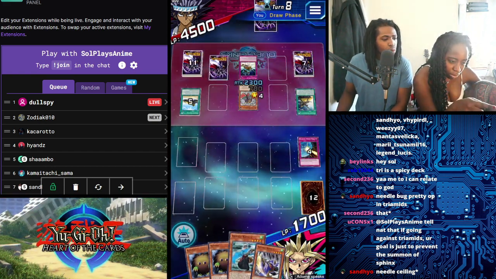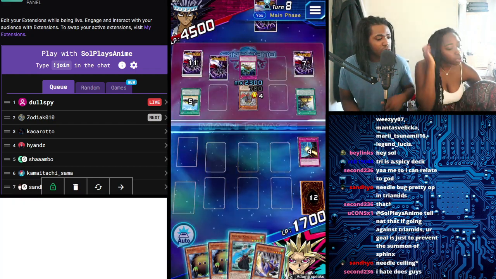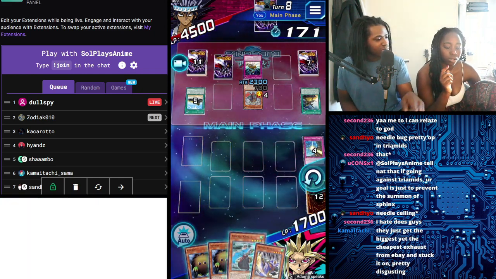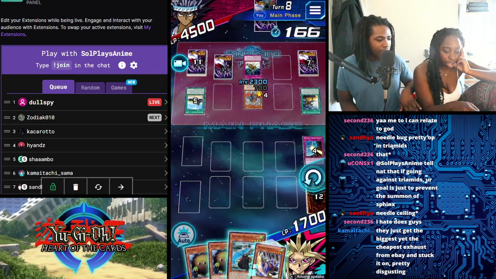So, how do you want to do this though? On your turn, all that they can do is send a field spell from the field to the graveyard, and add a field spell onto the field from their deck. Don't think about it too much. You don't need to learn every deck right now. What I'm thinking you do is...